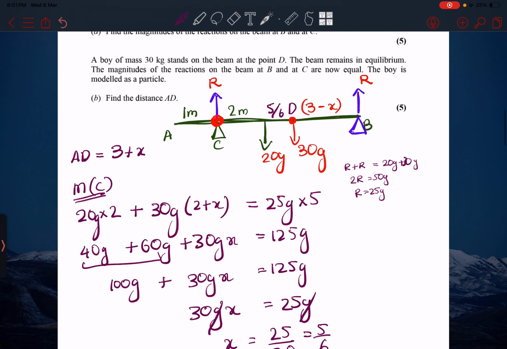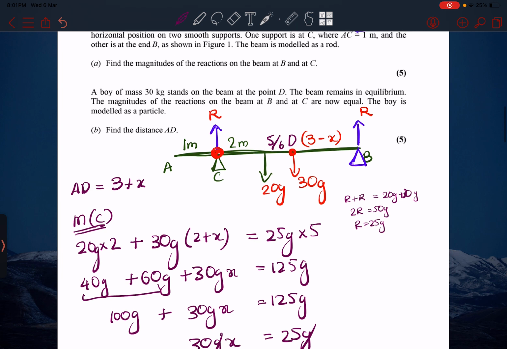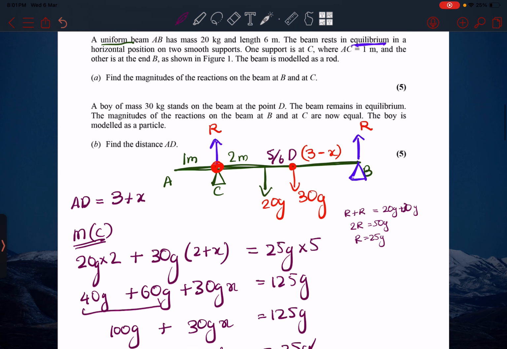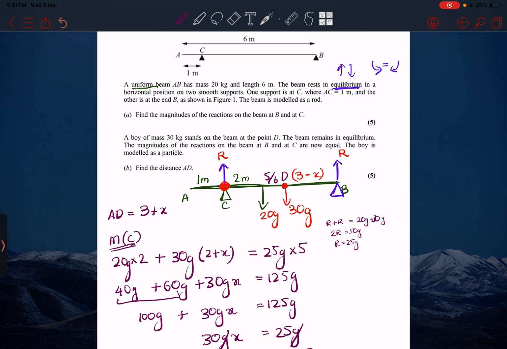Things to remember from this question. Well, it's essentially the same thing. I don't think there's anything new that we did in this question, so that's part